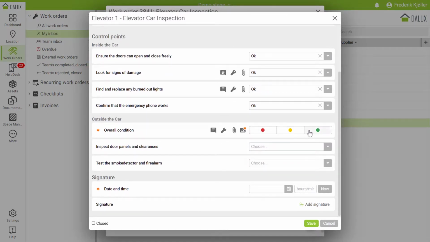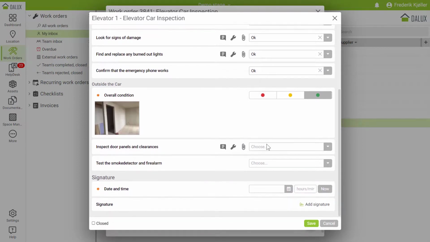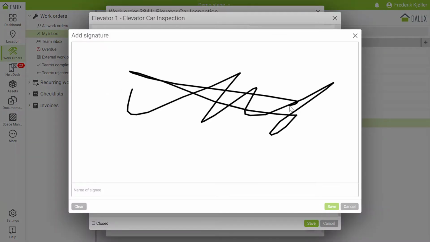Down here we have to select a color and also add a photo. So I'll add one there. If I were to add a file that was not a photo, it wouldn't be approved. Here I can click Now for the time and date and add a signature and enter my name